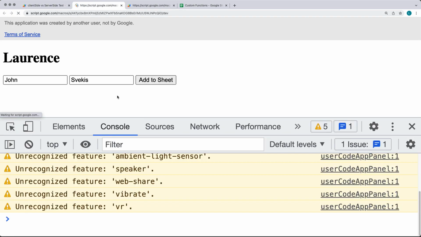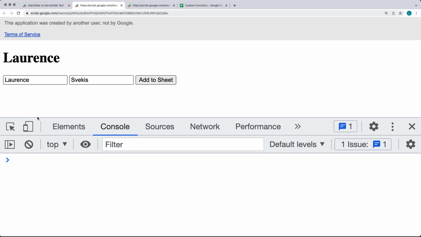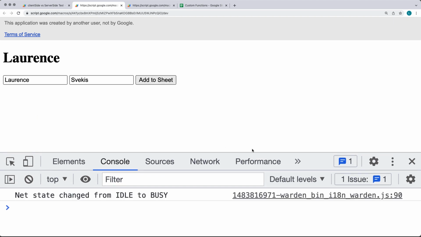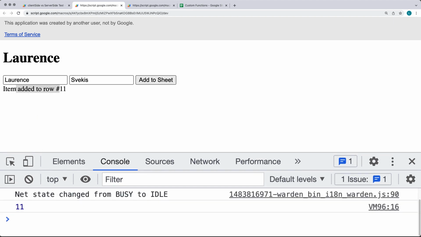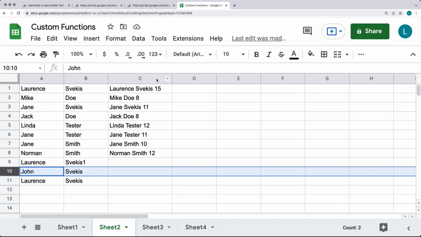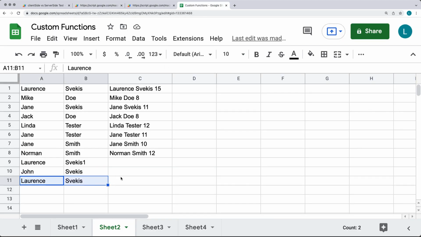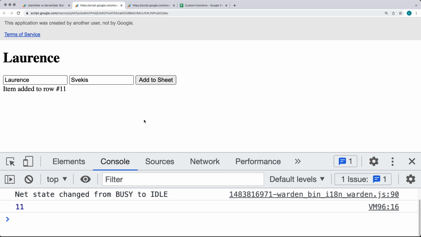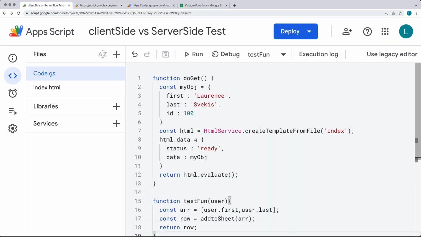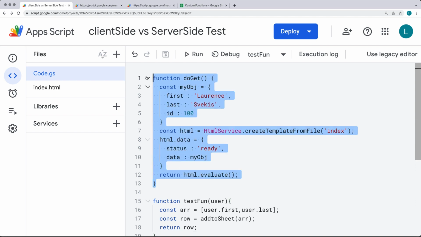So do a refresh, and we can clear. So now we can visually see when we add to the sheet, we see that item added to row 11 when it completes. So whenever that item is added to row 11, that's going to run the script and complete the process. So go ahead and try it out for yourself and send over some data from your server side